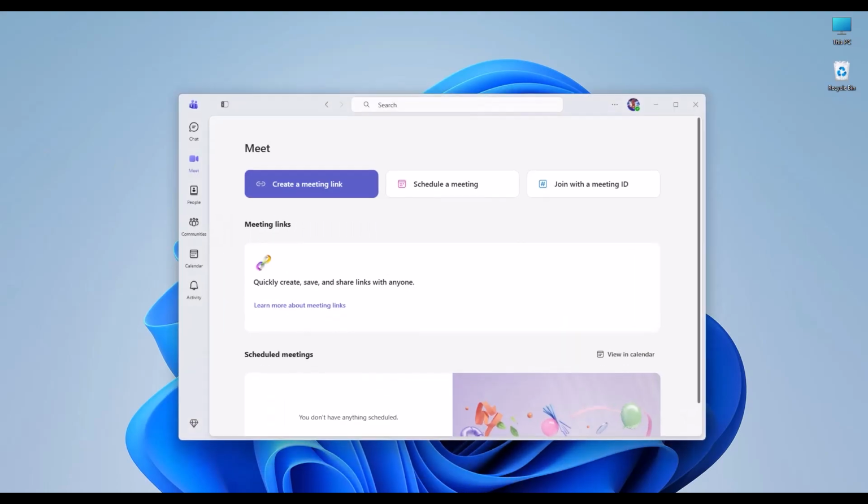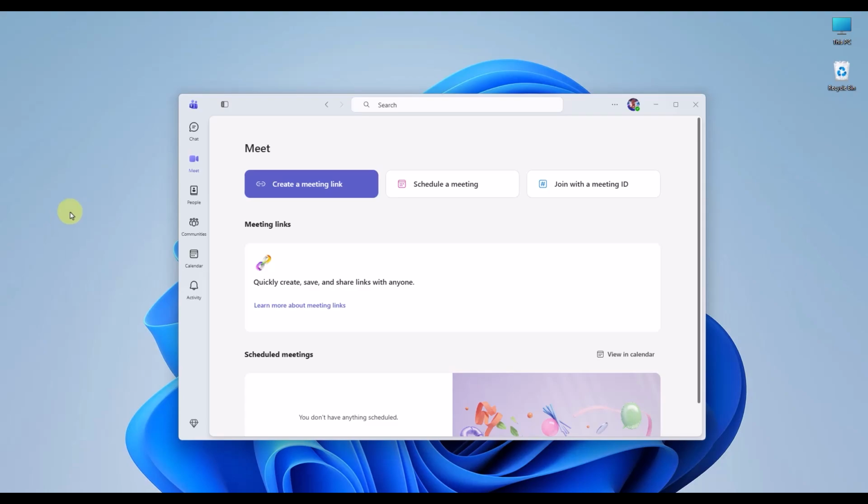If you're receiving error code 53000 when logging into Microsoft Teams, it means your organization's conditional access policies are blocking you because your device is not recognized or compliant. I will show you exactly how to register your device to meet these security requirements right now. Let's get started. First, we need to manually register your computer with your organization's network so it is recognized